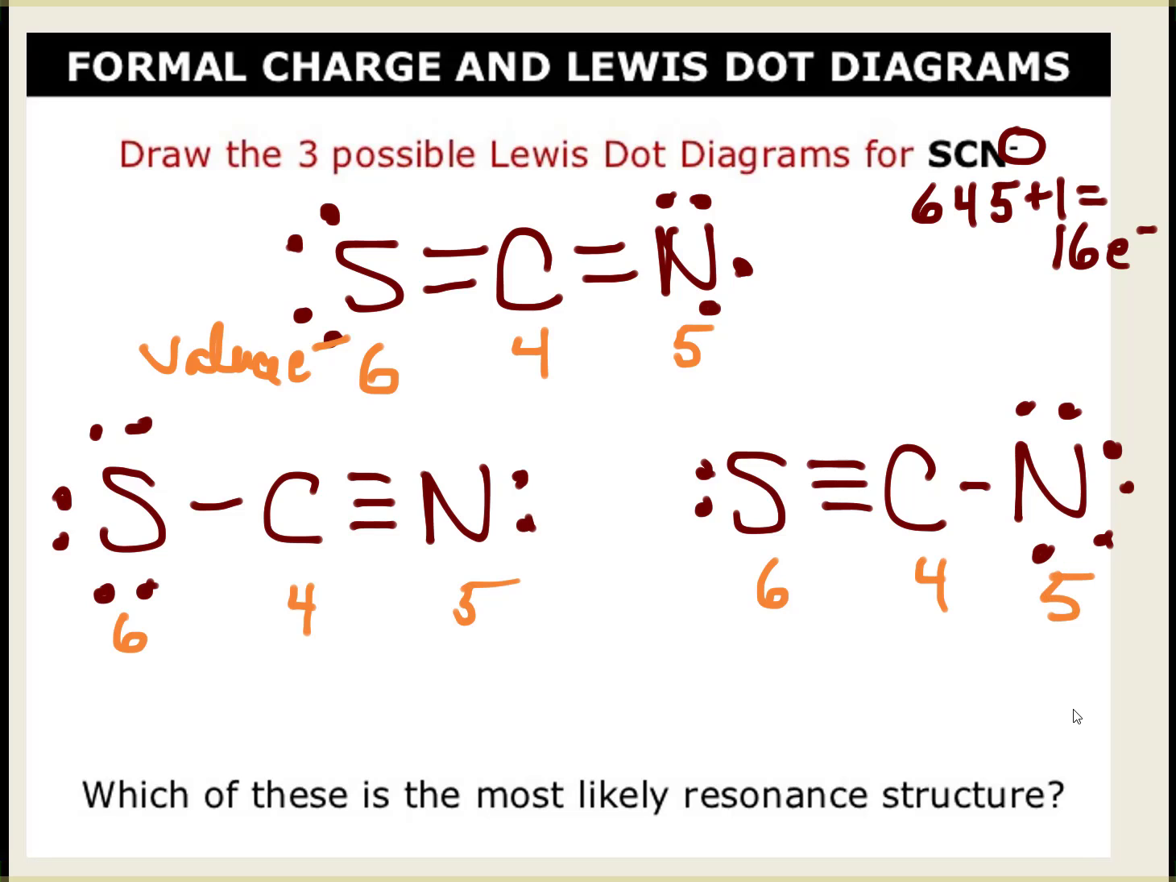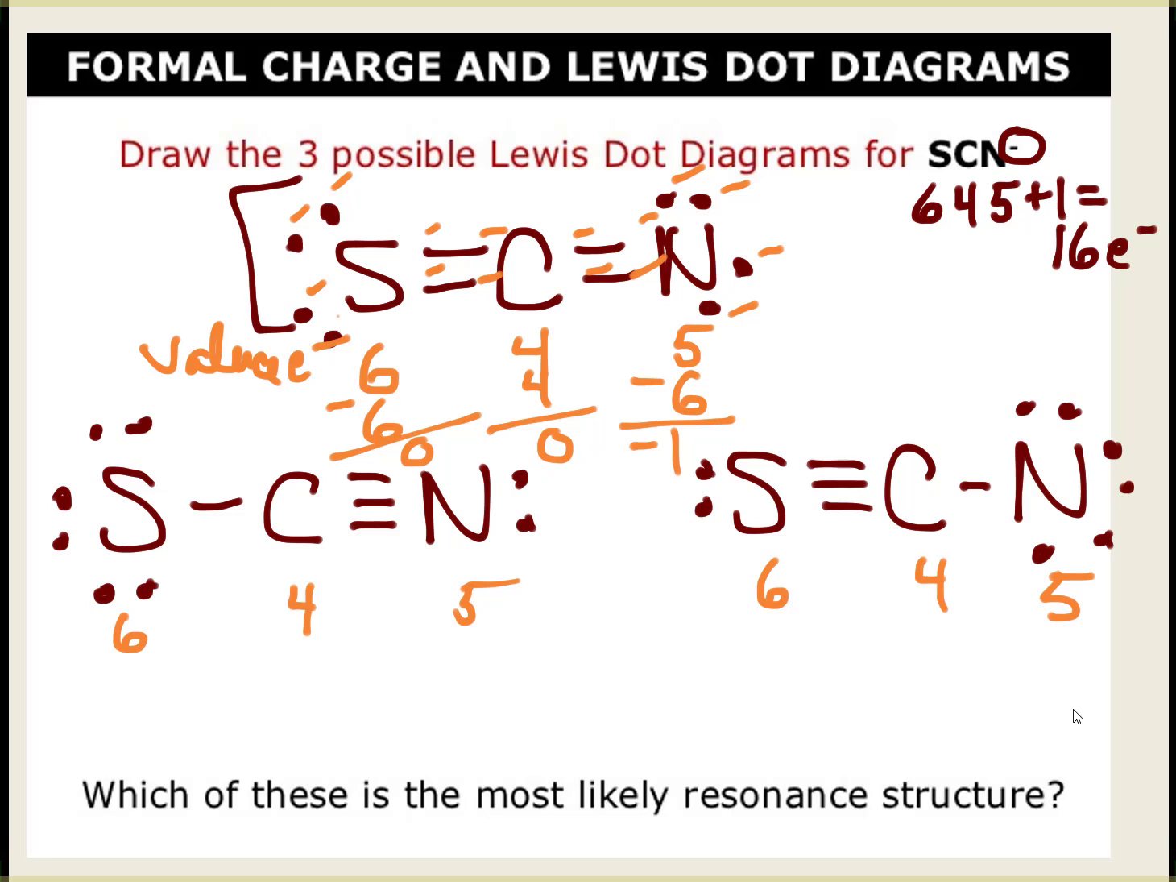And then I'm going to subtract what's assigned. So on this first one, I have 1, 2, 3, 4, 5, 6. So that's going to give me a formal charge of 0. Carbon's going to have 1, 2, 3, 4, 0. And then this nitrogen, I'm going to have 1, 2, 3, 4, 5, 6. So I do end up with a -1. 0 plus 0 and a -1. And that does make sense because this is an ion. And I goofed and didn't put my brackets around all of these,